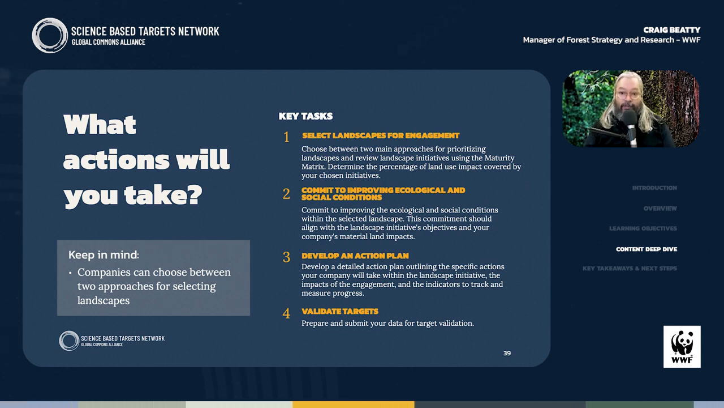Then, companies commit to improve the ecological and social conditions on those landscapes, not by themselves, but as part of the collective actions necessary within a landscape, as defined by many different cooperating stakeholders, including the company itself. Companies will need to define an action plan to envision actions to be implemented within the landscape to improve their